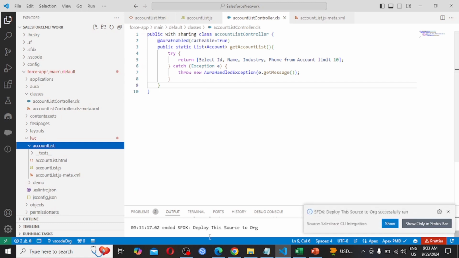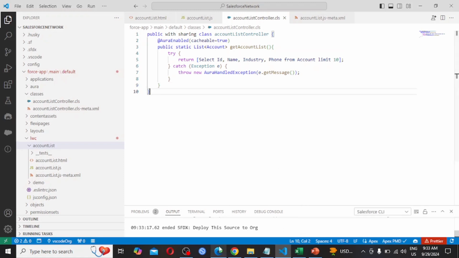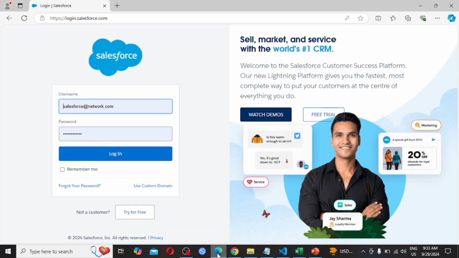So again we are getting the message, deploy this source to org, successfully run. So then we are coming back to our Salesforce org, and here we have to log in with our credentials.